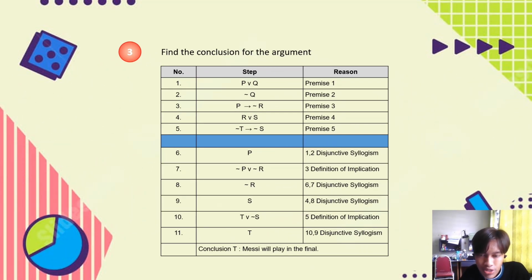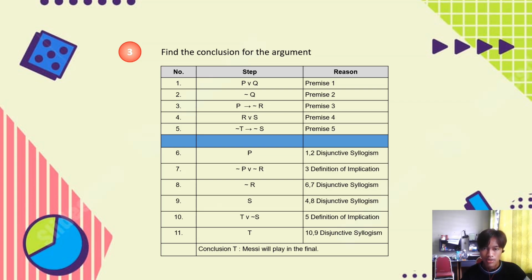Alright, so based on the previous premises that have been given, we will start solving using the laws of inference. First of all, we will use disjunctive syllogism from premise 1 and premise 2, so we will get P. And then for number 7, we will use the definition of implication from premise 3, so we will get negation P